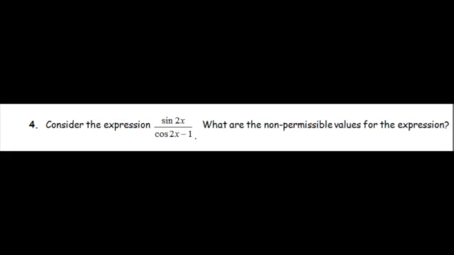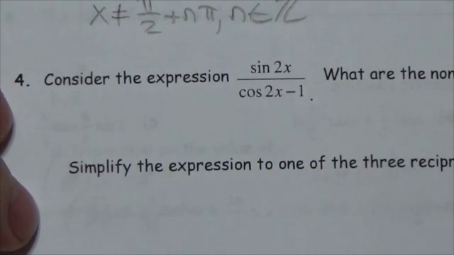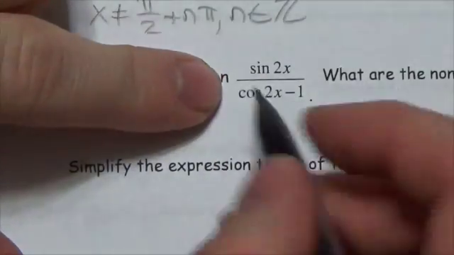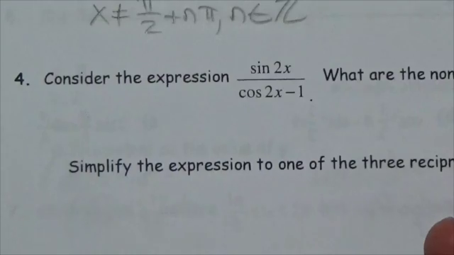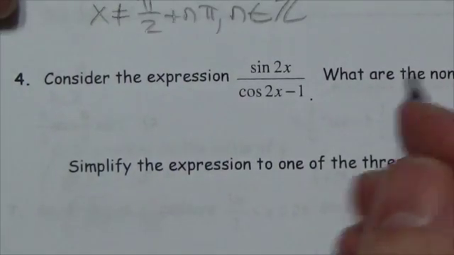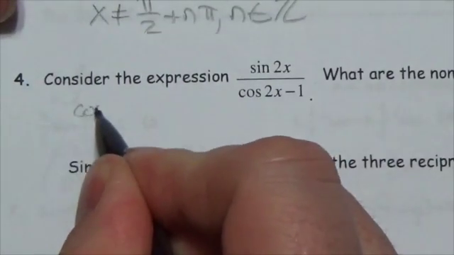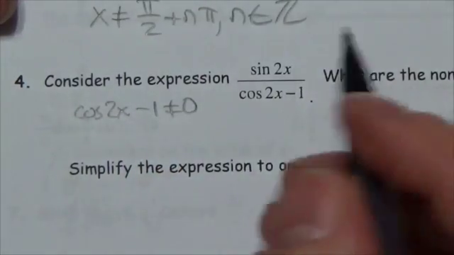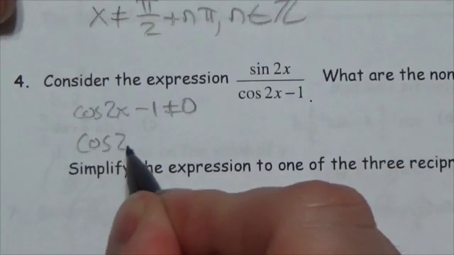Consider the expression sine of 2x over the cosine of 2x minus 1. What are the non-permissible values for the expression? Okay, so in this case, to find the non-permissible values, I'm just going to look at the denominator. The numerator is not going to do it for me. Sine of 2x isn't going to create any non-permissibles for me. So I cannot let the cosine of 2x minus 1 equal 0, which means I cannot let the cosine of